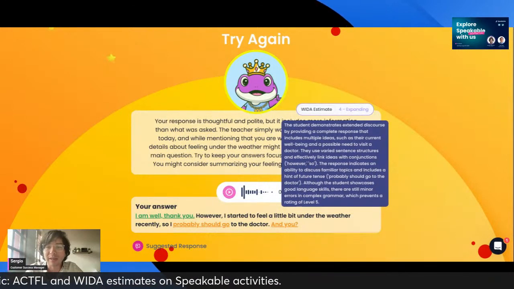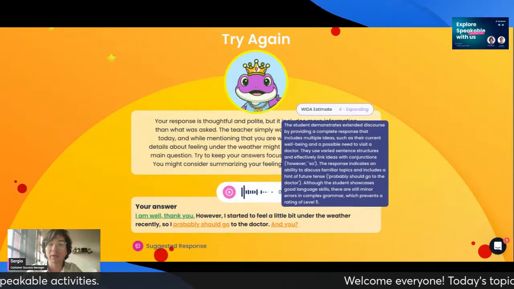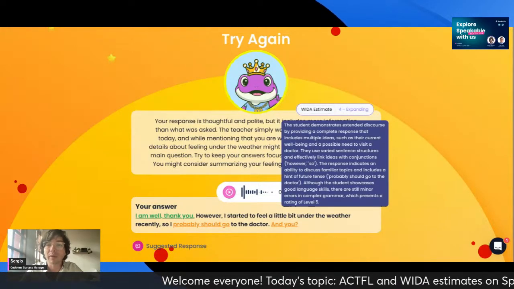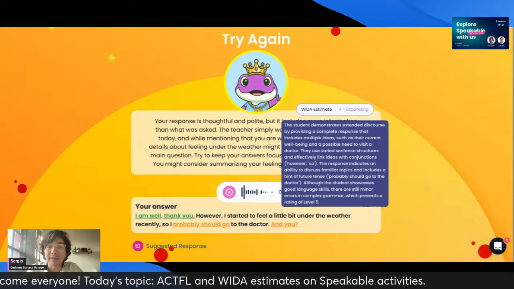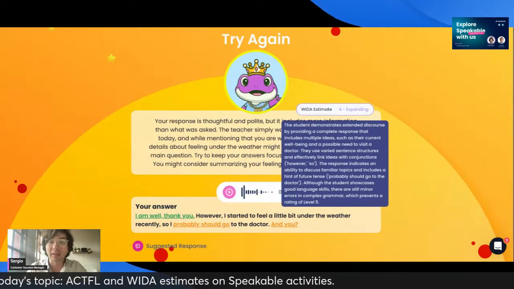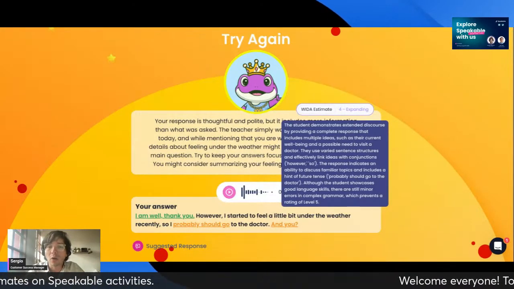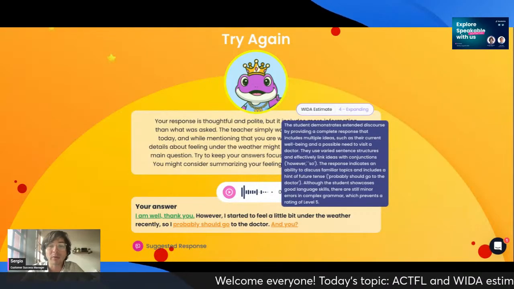The student demonstrates extended discourse by providing a complete response that includes multiple ideas, such as their current well-being and a possible need to visit a doctor. They use varied sentence structures and effectively link ideas with conjunctions. The response indicates an ability to discuss familiar topics and includes a hint of future tense: probably should go to the doctor. Although the student showcases good language skills, there are still minor errors in complex grammar, which prevents a rating of